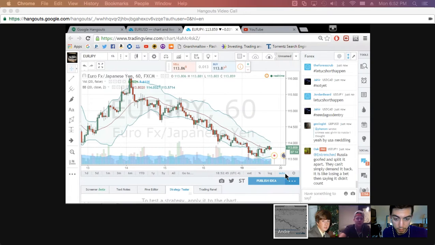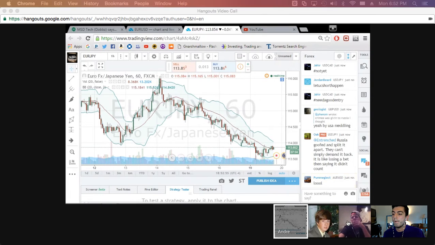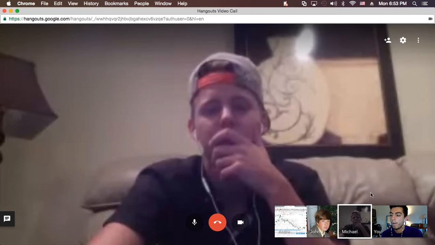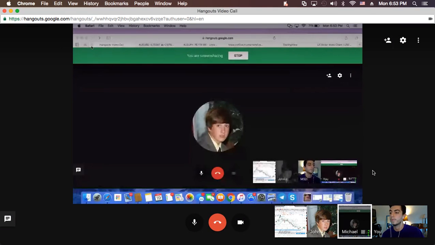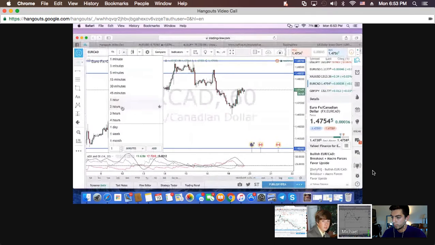Yeah, I'll show you. This is what I'm looking at. This is my swing trade that I'm looking at. There's actually a signal that I got. You gotta share your screen. This is actually a signal, so this isn't my trade, but this is projected to go up about 300 pips.